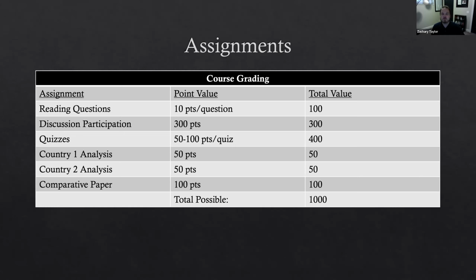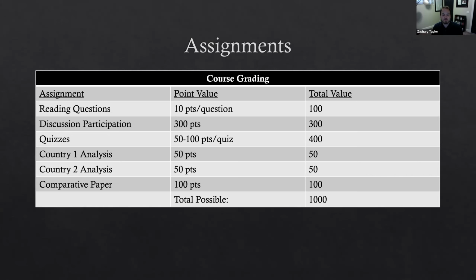And in each of those, you're just going to be picking one central aspect of it, something like economic development, something like their governmental system, something like current issues in this country. You'll pick one topic and you'll examine one country in terms of that topic. And then for the second paper, you'll choose a different country and examine that same topic in the context of that country.